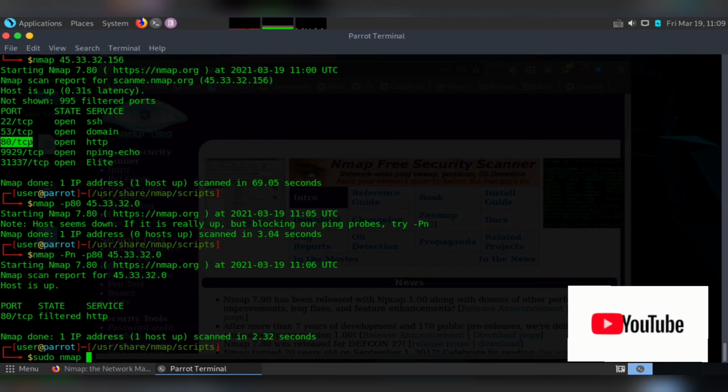You have to simply write --top-ports, and then provide a number. If you want to check the top 100 ports, you provide 100, then a space and then the IP address of that particular host. That will give you only the top 100 ports present in Nmap, which is a list of the most commonly used ports, so it will be scanning only those ports.